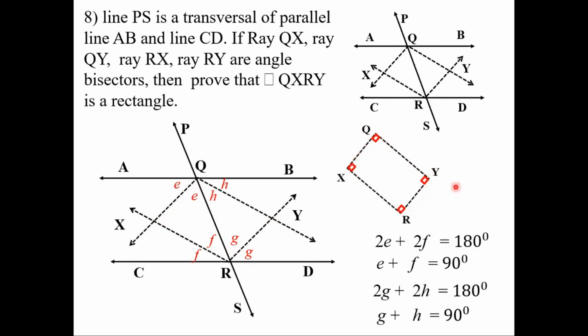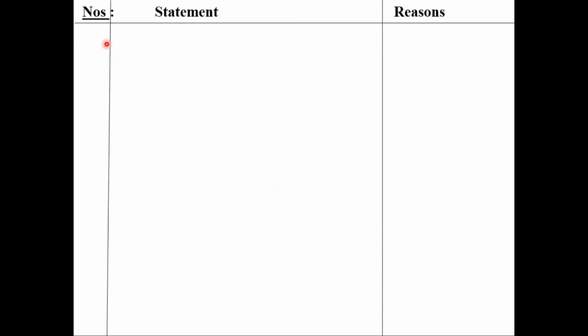is a rectangle. Now understanding is important, at the same time the writing style is also important. So first of all I would like to request students, you are supposed to first draw this diagram in your notebook, and write the question and diagram properly, because on the next slide the diagram is not available, so you have to understand by your own logic. So it's better that you write the question, draw a diagram and then observe the next steps. So the parts are number, statement and reasons.